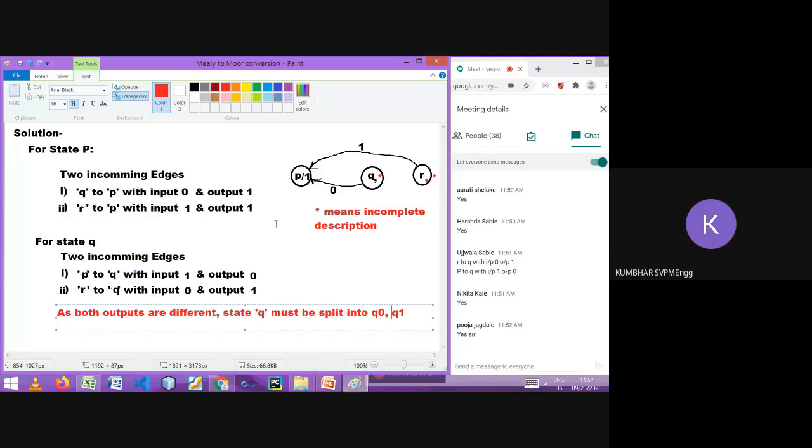Imagine if there are three outputs and for some state the incoming edges give three different outputs. Then you have to split that state Q in the Mealy machine into three different states in the Moore machine. Is it clear? Great. And what does this Q0 mean? Q0 will go with output 0 and Q1 will go with output 1.